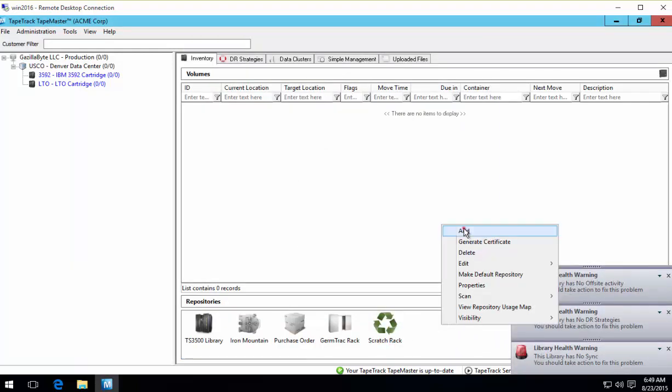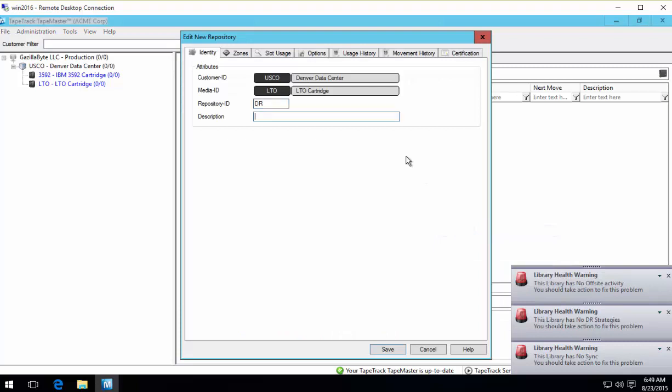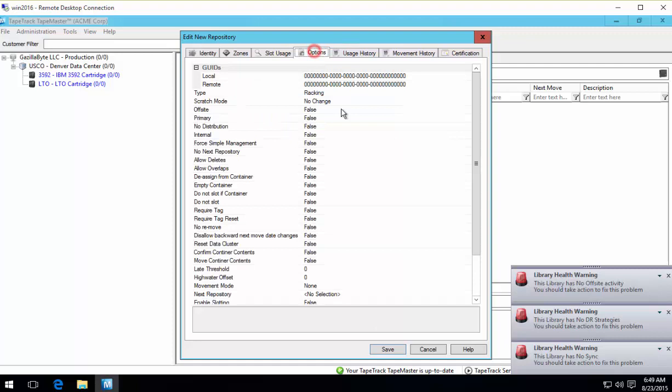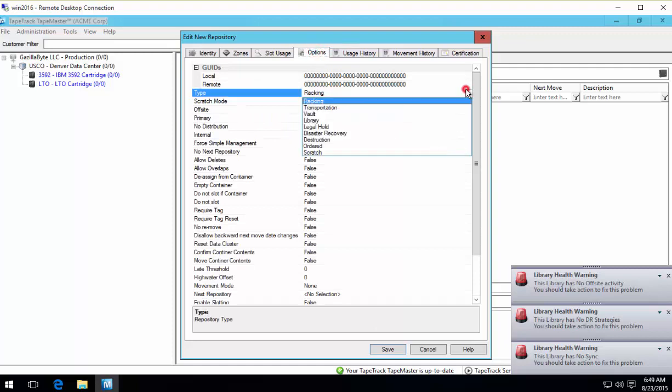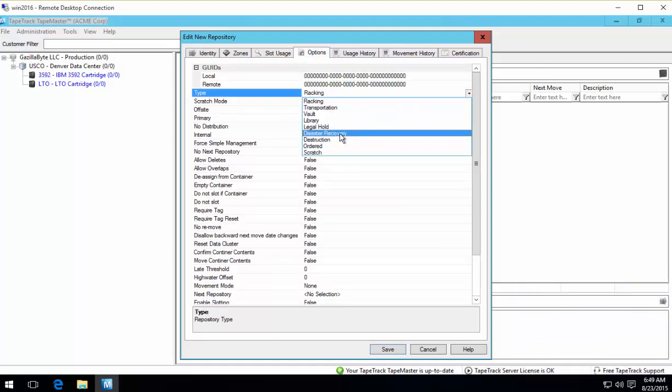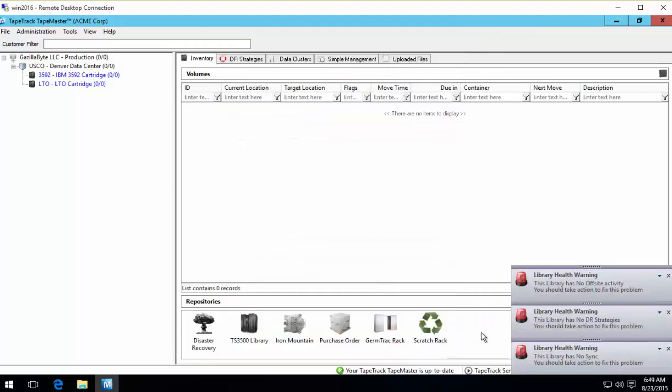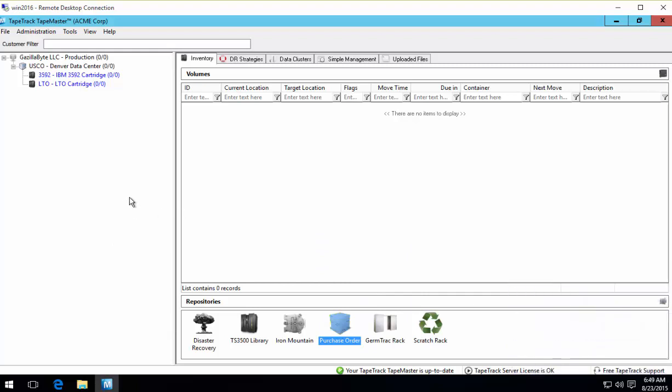And finally, a disaster recovery location. As you can see, we can also create legal hold and a whole lot of other location types, but we've got a good collection of them here. Now, at this point, we could start adding tapes into the system, and there's lots of different ways we can